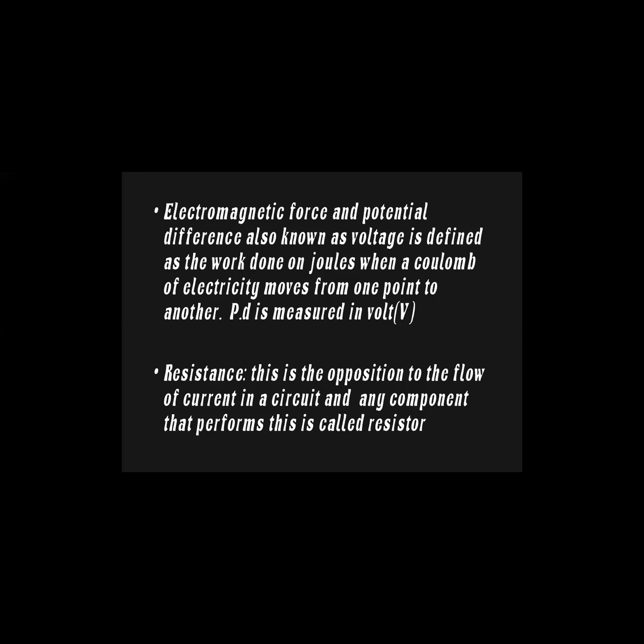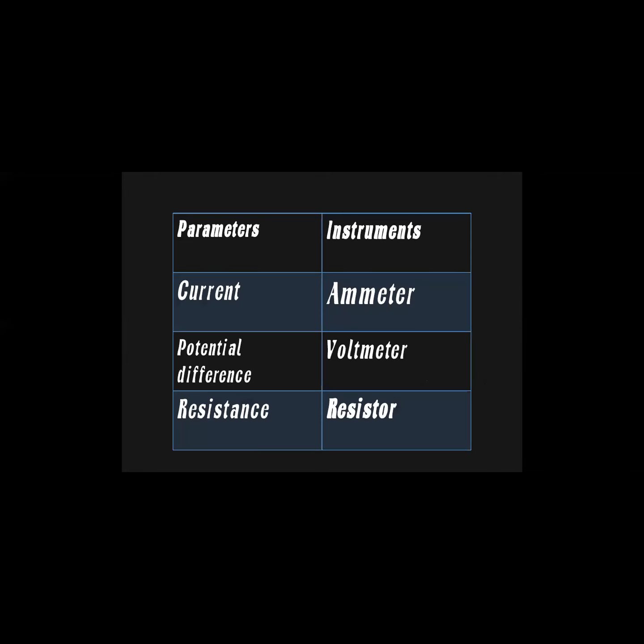So everything in that arrangement works in such a way that they move with the flow of electricity. They want electricity to flow. The switch, when it is open or when it is closed, either wants it to flow, or wants to stop the flow. But the resistor opposes the flow of electric current. It means if the current is moving in the positive direction, the resistor wants to move in the negative direction. I hope you all understand.